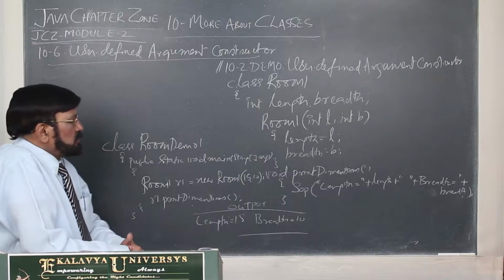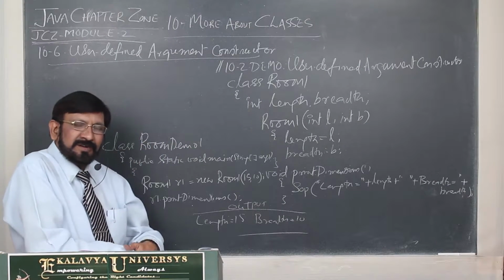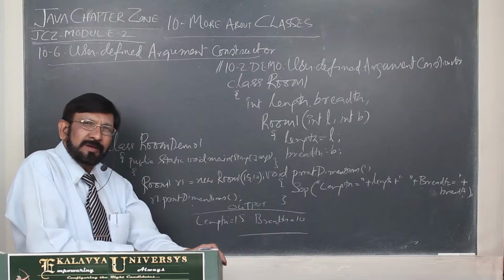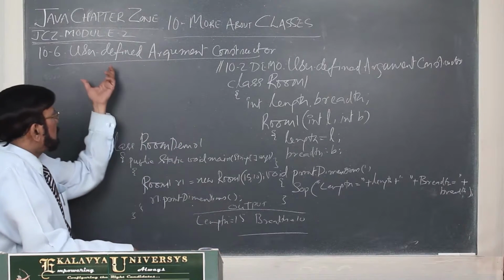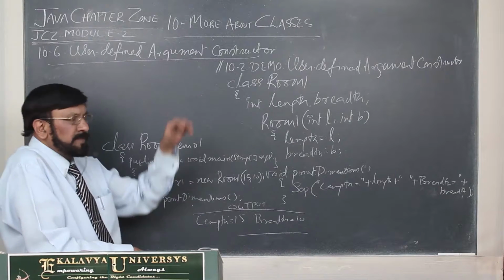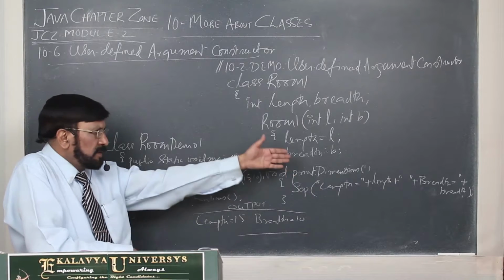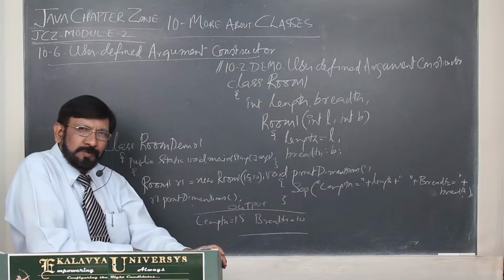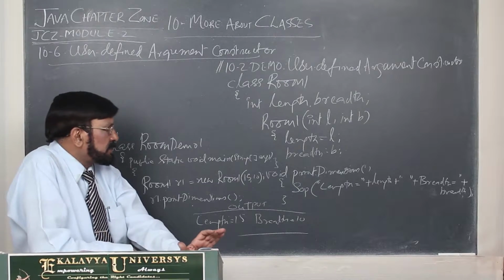Okay. Now you see, this is the user defined argument constructor. Actually, the user never defined it, the programmer defined it, but user is a common word. That's why we call it a user defined argument constructor. This we normally write already in our previous programs. Also, I showed you in a constructor example. I showed this type of constructor only.